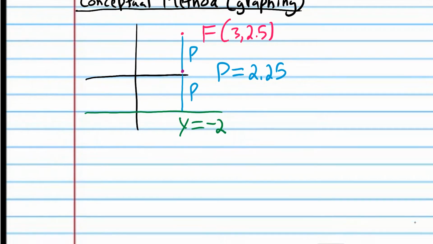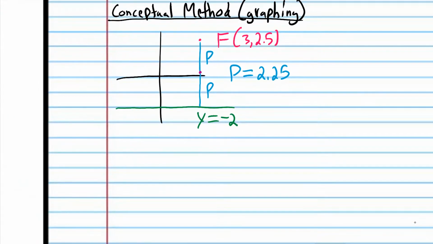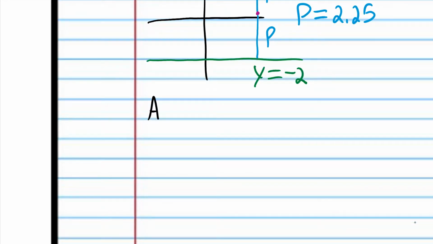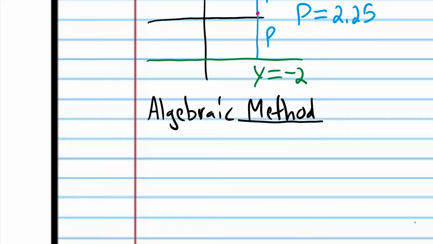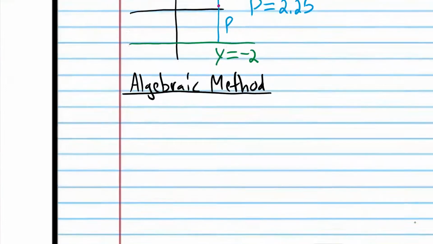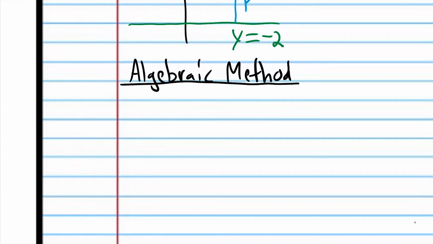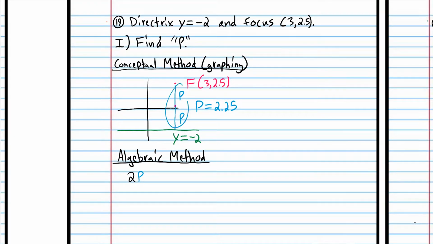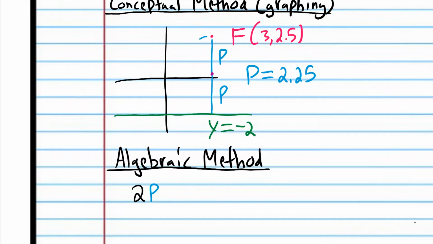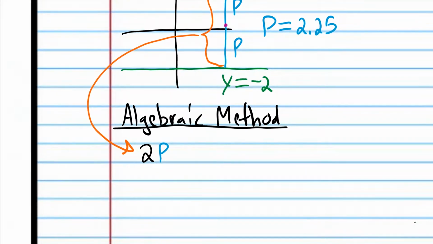But that was all conceptual. We did that in our head, and a lot of students may get kind of confused by that. So I'm going to show you an algebraic method, and it might look a little convoluted, but that's just because I'm trying to show you something on paper. So this method tells us that 2 times p, which is this whole distance here, and I'll label that in orange, that double length of p, is equal to the y value of the focus